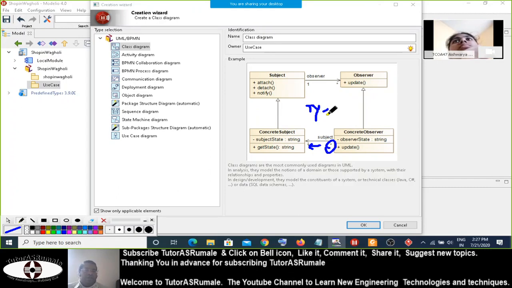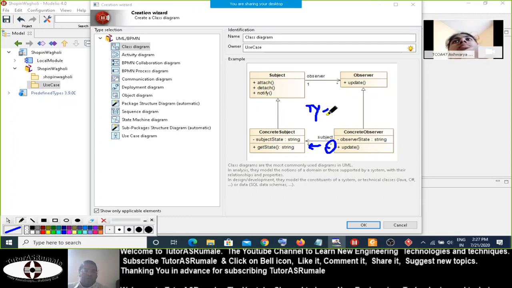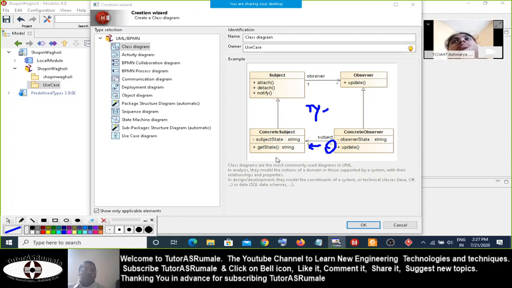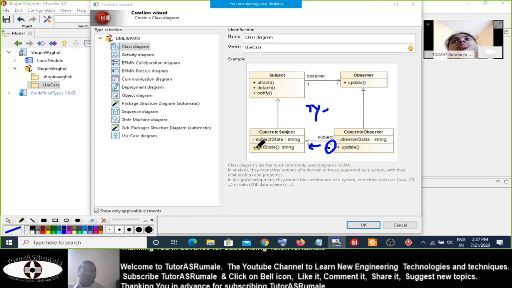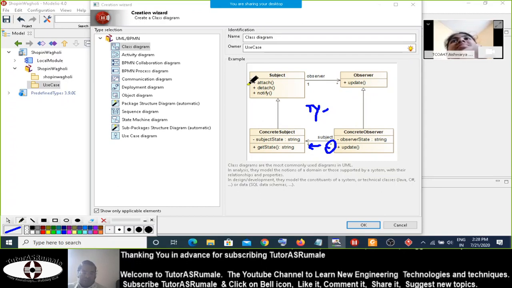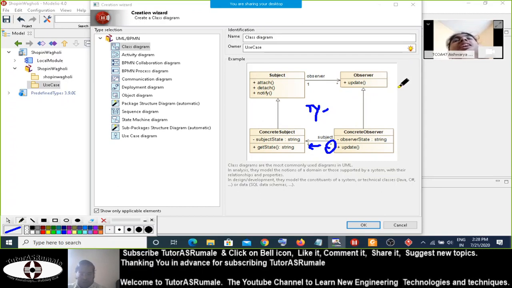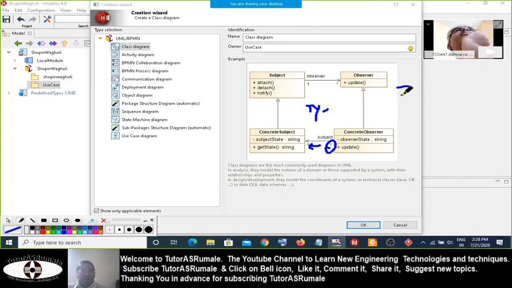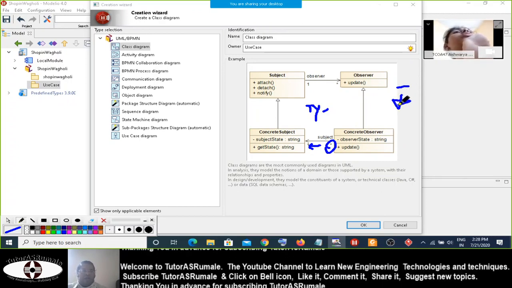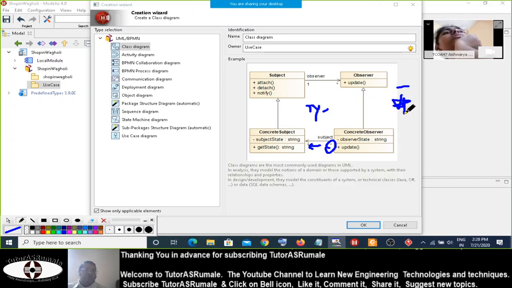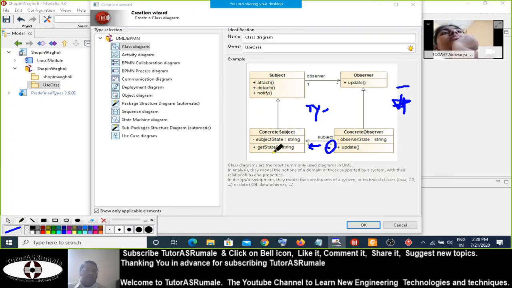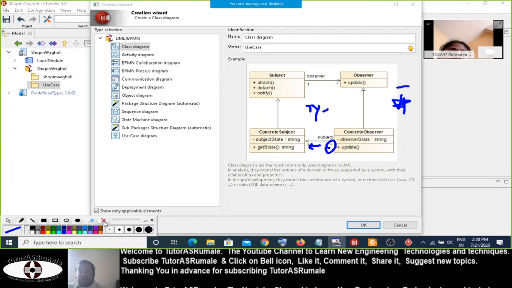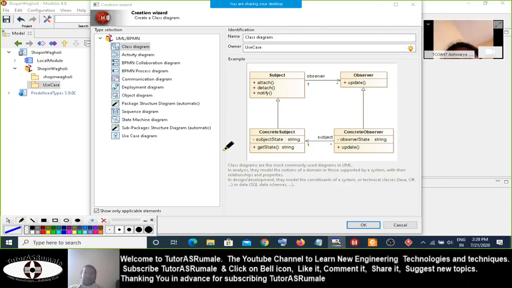Many subjects are there, like web technology, software engineering, and likewise. So here you have different operations. For example, minus means private, this hash symbol means protected, and plus means public. So these are the different symbols that you have.